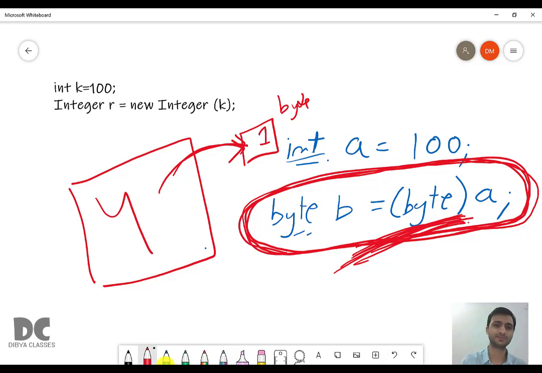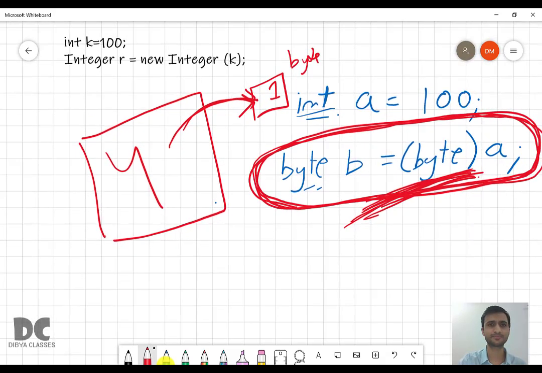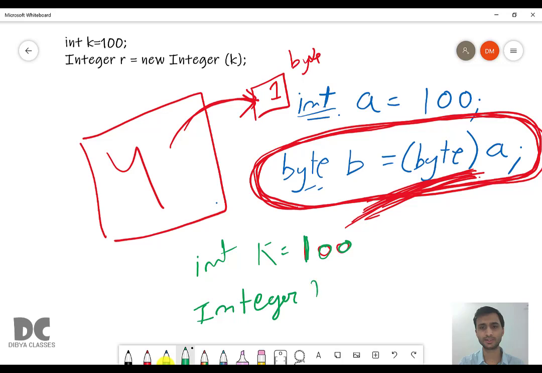Now in this case we have 100 in the variable k, and now we want to store it in another variable of type Integer. Since Integer is a class, we will not say r is a variable, we will say r is an object.